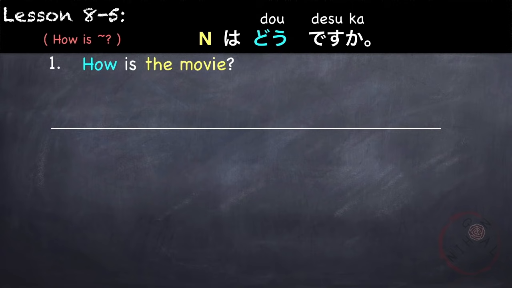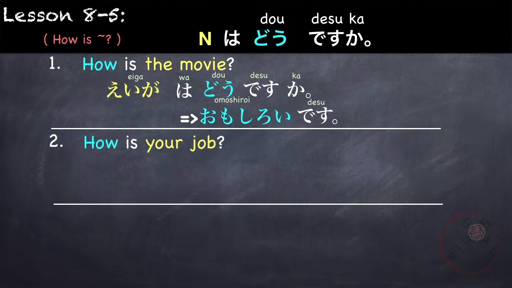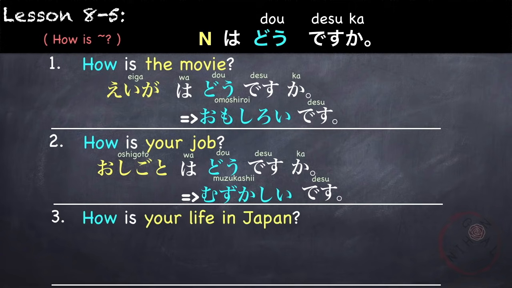First, our topic is the movie, or our noun is the movie. 映画は how is it? どうですか? 映画はどうですか? If we want to say it's interesting, 面白いです。or 映画は面白いです。How is your job? Your job is お仕事 or あなたの仕事。お仕事はどうですか? If we want to say it's difficult, 難しいです。